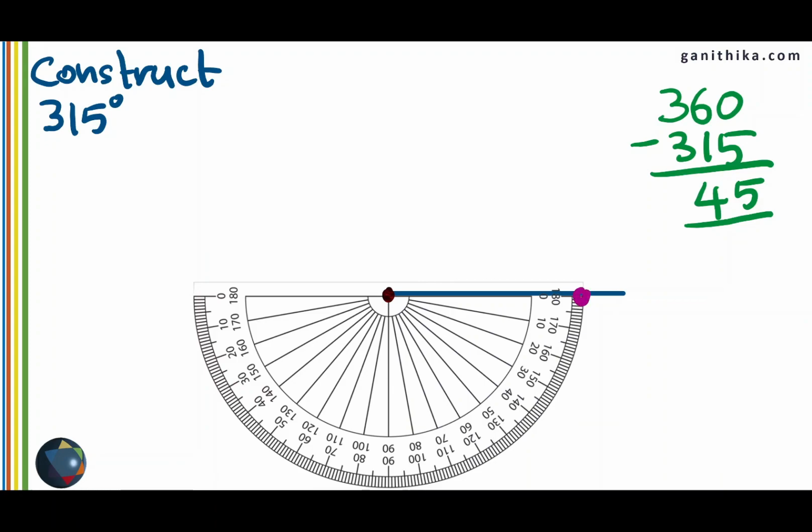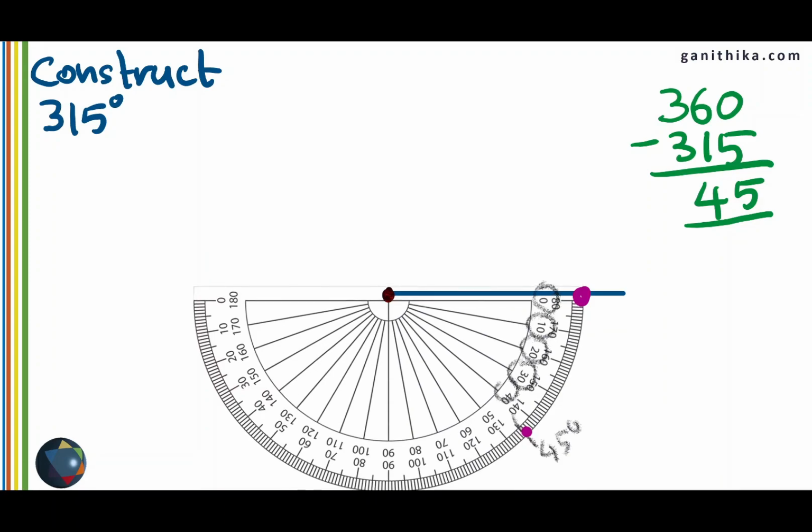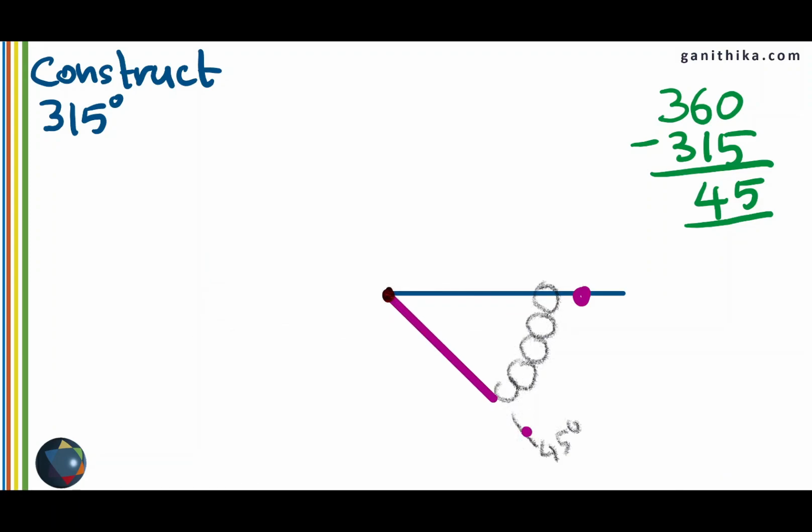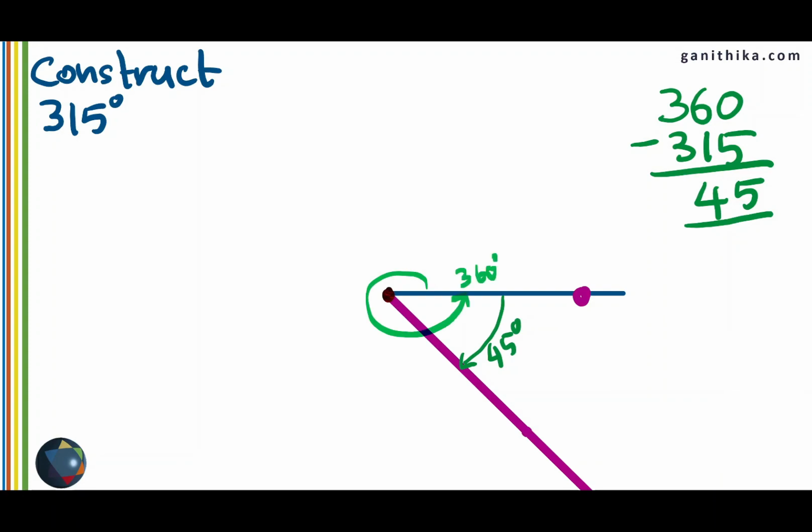Look for the 0 here and go up to 45 degrees from this side of the protractor. Mark the point, which will be the same point as you marked before. Complete the angle. So you have actually marked the other side of the angle, which is 45 degrees here. Therefore, 360 degrees minus 45 degrees will give you 315 degrees. This is another way of constructing a reflex angle. So this method is by constructing the acute angle on the opposite side of the reflex angle.